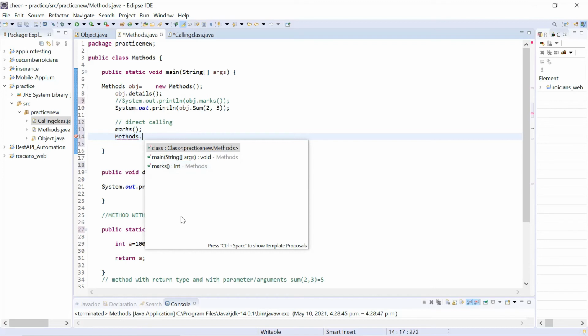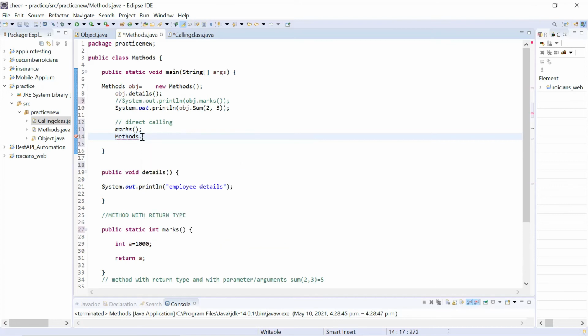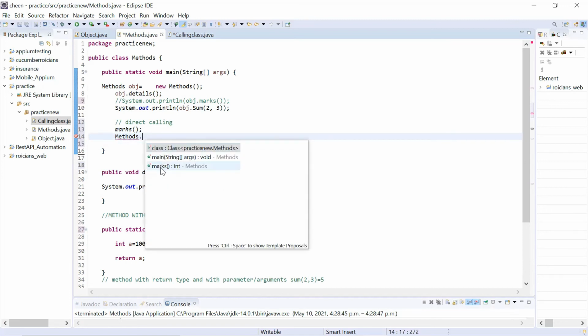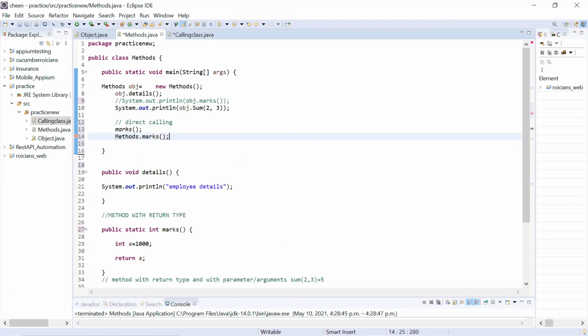I do have details, I do have sum as non-static, but you will not find it in this list because those methods are non-static. So here you can directly call it with class name. So these are two ways to call any static method or variable.